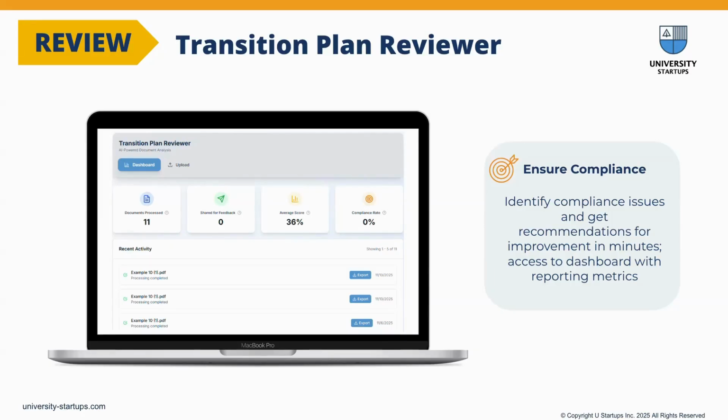What makes the reviewer so effective is that it is trained in all state and federal transition planning standards, allowing it to identify issues with exceptional accuracy. This ensures that the plans meet 100% compliance. Most importantly, we have created the system to allow for all of the recommendations and specifications to be edited. Administrators will have a dashboard format so they can approve, revise, or send feedback to each of the teachers, as well as the teachers having access to a dashboard of their own, which allows them to actually share their plans